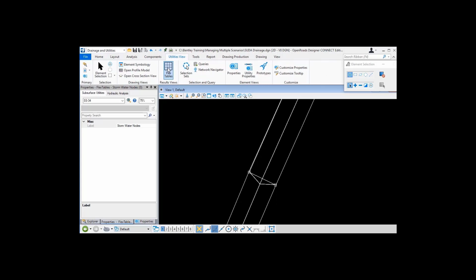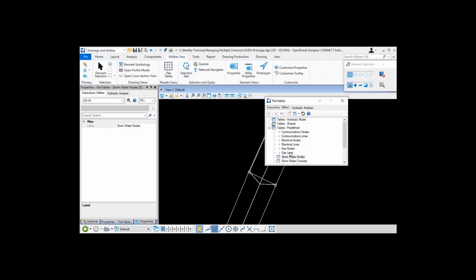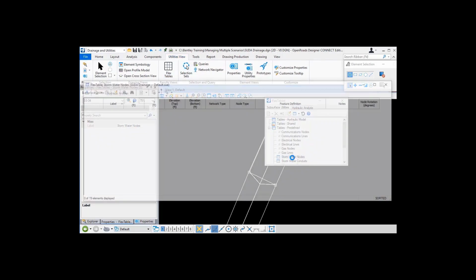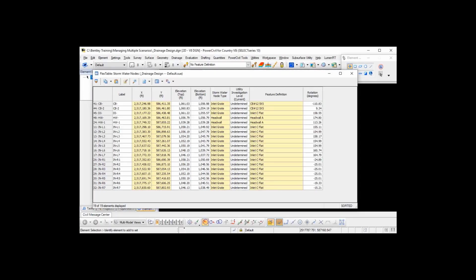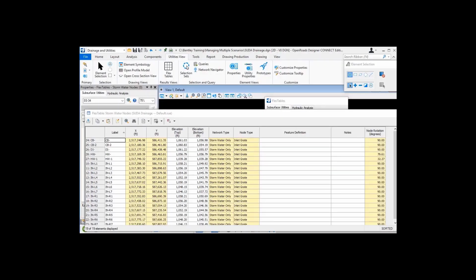Then I'll go to the Utilities View ribbon and Flex Tables and open the Stormwater Nodes Flex table from the Subsurface Utilities tab. Now I'm going to flick back to the VAI product, and I'm going to select all the cells in that rotation column and do a Control C. Now I'll go back to OpenRoads Designer, click in the top cell for the rotation field and paste those rotation